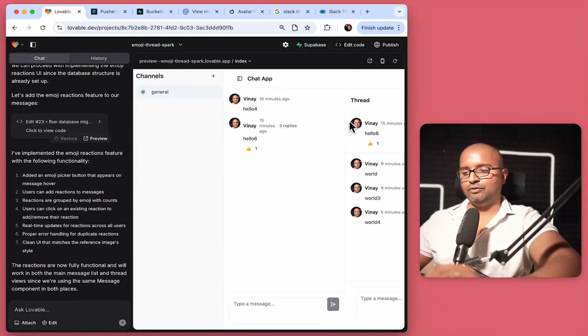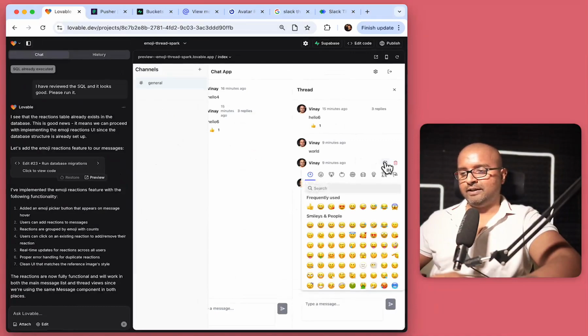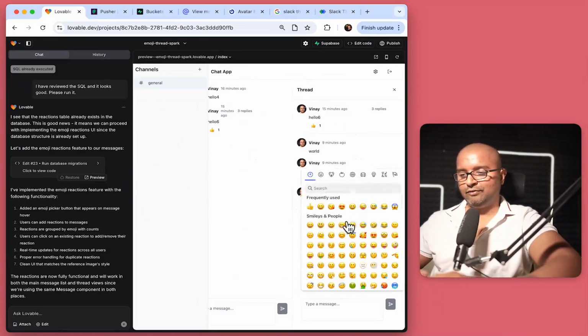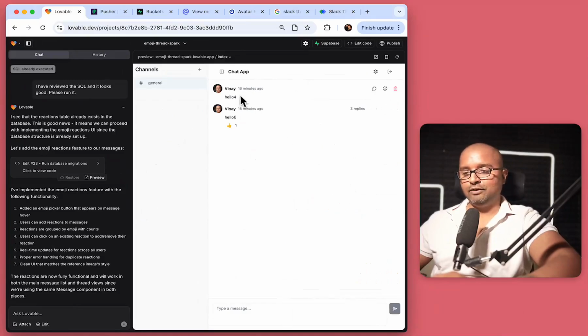If I go into my threads, let's see if this works over here. Let me add an emoji for this, and it does indeed work with emojis. Let's add another emoji, see if we have two side by side. Yeah, it does pick up multiple emojis as well, similar to Slack. This is really good. So we have this within our general channel, and what I want to do next is